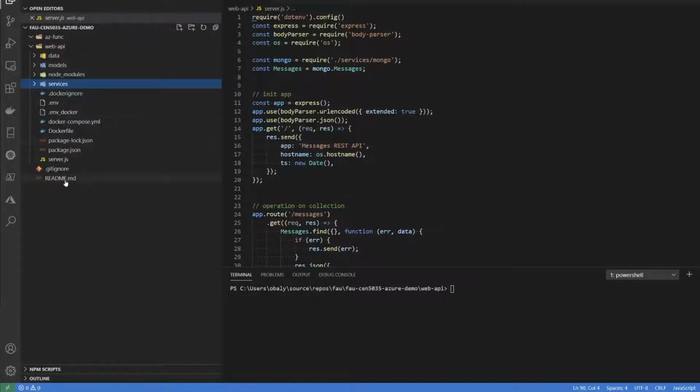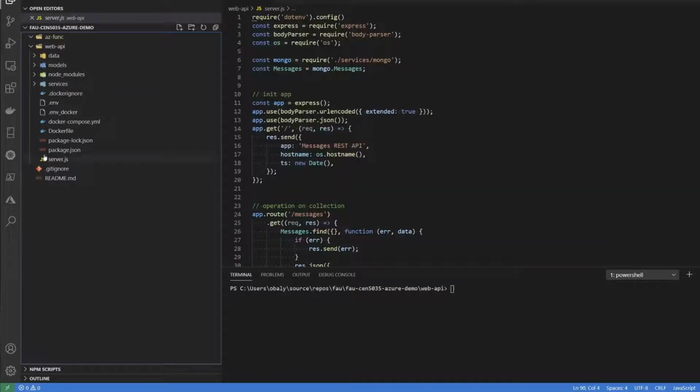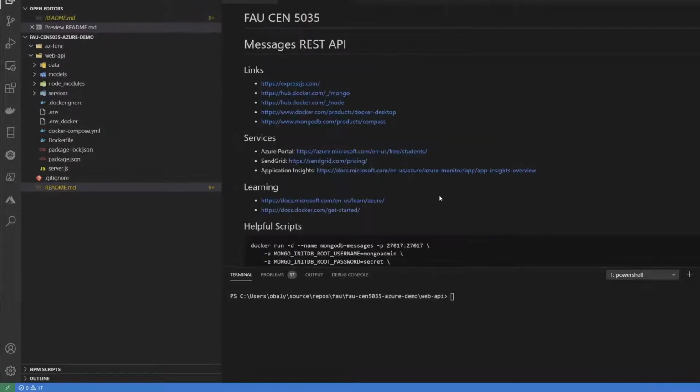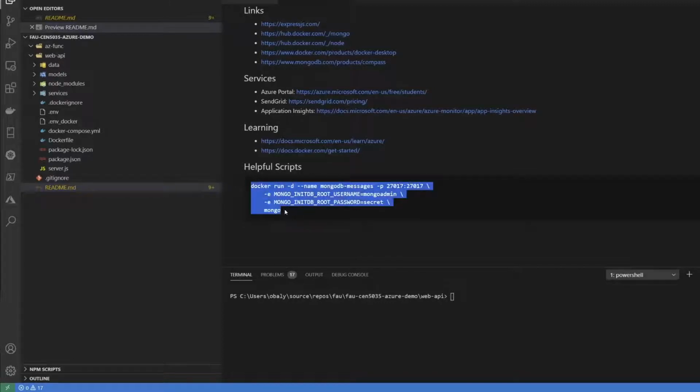All right, then if we look at our Docker, you will see we have nothing running here. So before we start, we want to have a database or something to interact with. If you look at the README file, there are references to different Docker containers, which we are going to be using for development and testing. And here is a shell script, which I created just to help